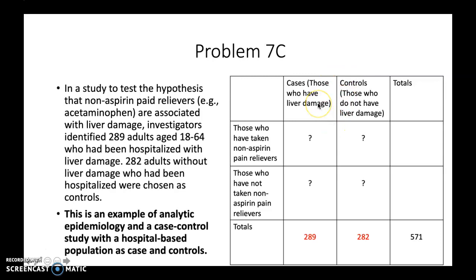So we have cases who have liver damage, controls are the ones who do not have liver damage, and then you can add in those who have taken non-aspirin pain relievers and those who have not taken non-aspirin pain relievers, and they give us the totals here. And so I figured, you can figure out the total of 571 by adding these two together. So